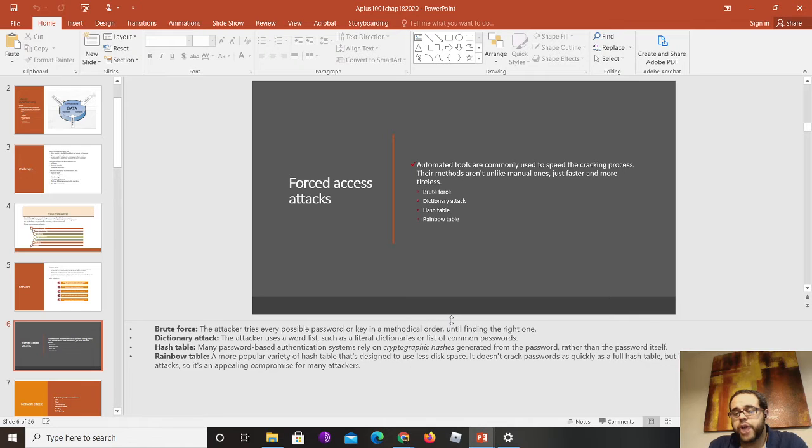You have the hash table, which tries to match your password to a hash value. And you have the rainbow table, which is basically a copy of some hashes that could be your password. So if the user has this specific hash in the rainbow table, then their password is this, right? That's what a rainbow table is. They're a little bit similar, but the rainbow table is definitely the most effective one.